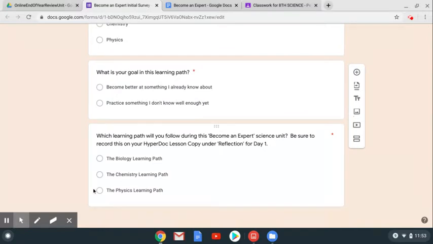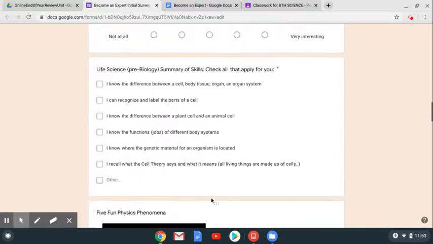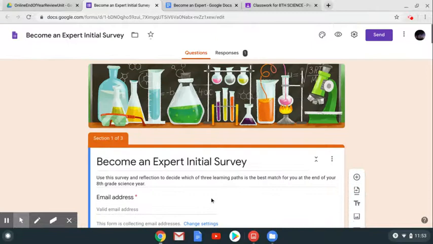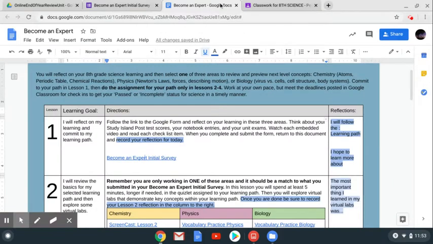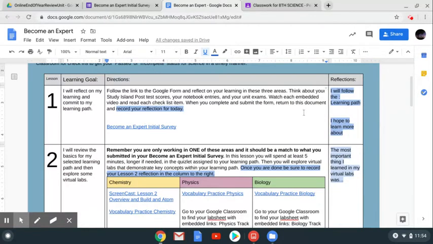And then you're simply informing me here, what is your commitment going to be for lessons 2, 3, and 4? Are you going to be doing the lessons in the biology learning path, the chemistry learning path, or the physics learning path? Once you are finished with this, you'll submit it. I'll be able to see your responses up here. And then you'll need to come back into your HyperDoc. You're going to record here in the reflection section. The reflection section is going to be a standalone grade once you submit this HyperDoc on your 4th day of the lesson. So do be sure to, after each lesson, come back over here, respond to the prompts, type in your answers in the document, and then you'll be ready to go on to lesson